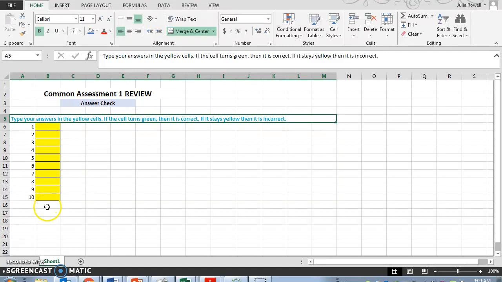And as you type your answers in, it will change colors if it's correct. So if you put in your answer and the cell turns green, then it's correct. If it stays yellow, then it's incorrect. So that way you'll get an idea of how you did. Each multiple choice question is worth 10 points. So count up how many you got incorrect, multiply that by 10, and subtract that from 100, and that is